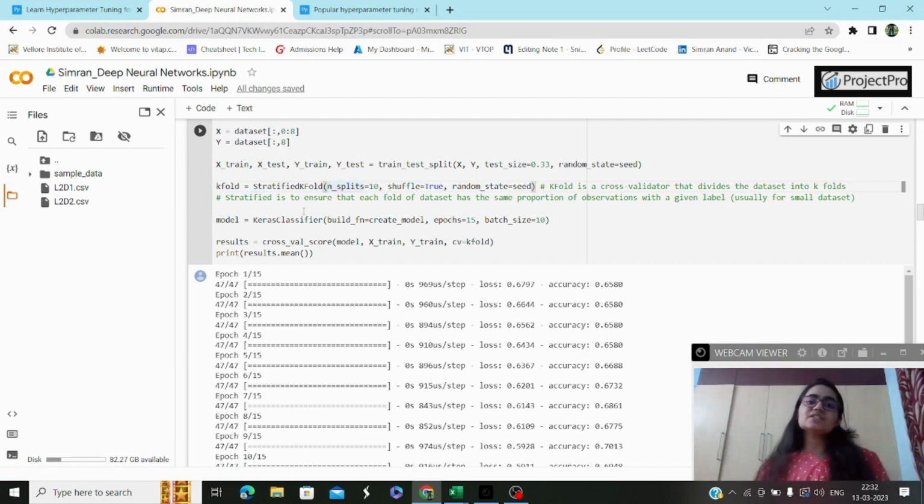Now, stratification is again a statistical machine learning approach, I would say, which is to ensure that each fold, now that you have split your data set into k folds or k subsets, has the same proportion of observations with a given label. That is usually for a small data set. Now that I have used L2D1, which is a smaller data set, if you remember,